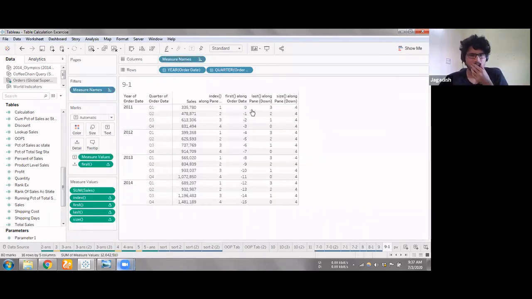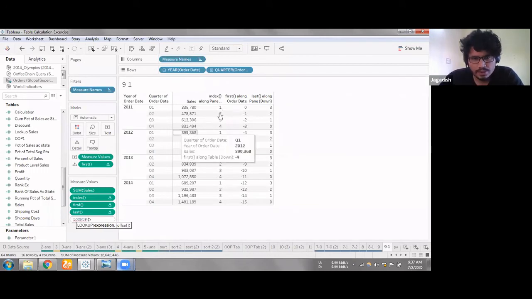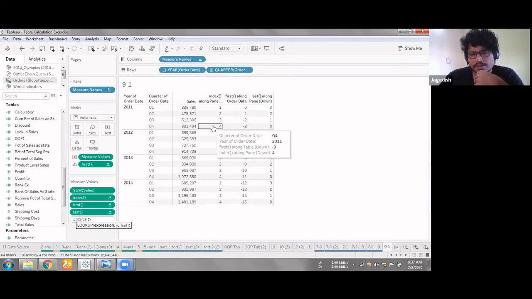Okay, so these are the few helper functions. Now let's jump into other functions. Let me just remove the unwanted things. There's a function called lookup. This function is used to pull values when you are going across a table, down each row. You are currently on one row, and you want to pull a particular value that is not in this row of a particular column.